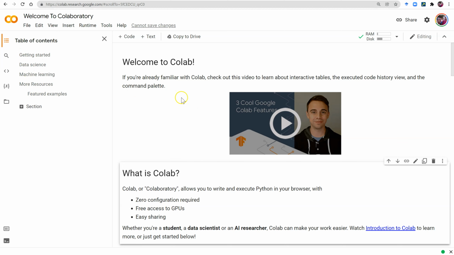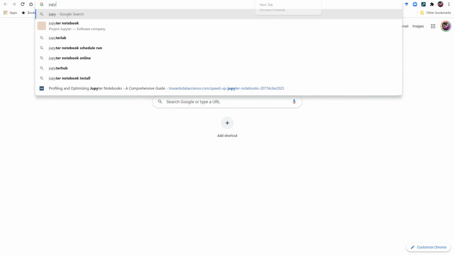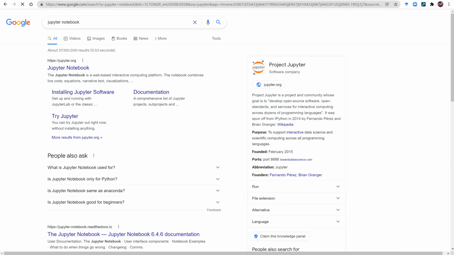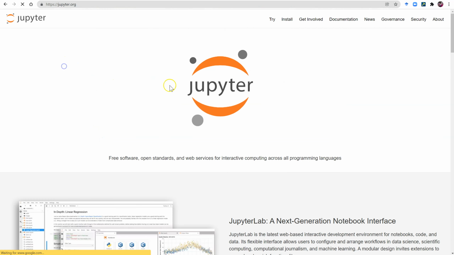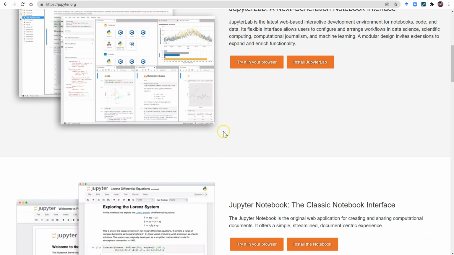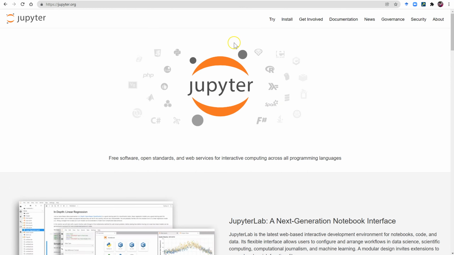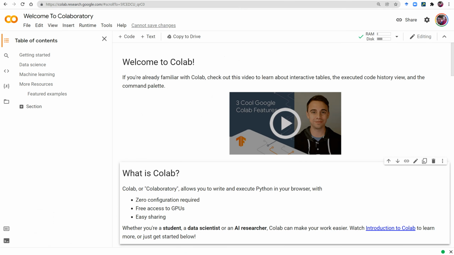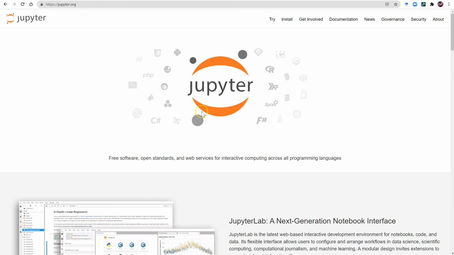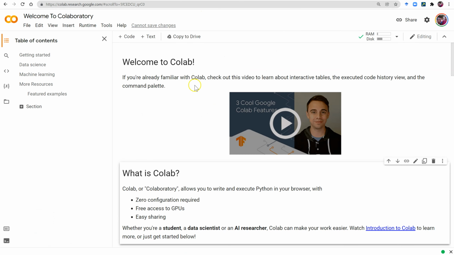By the way, this Jupyter Notebook format was not created by Google Colab. This was started by Jupyter Notebooks. So you can go to jupyter.org and you can download and install their IDE or integrated development environment, which will use your own computer's resources and use the same file format that Colab uses. So Colab is one of many editors now that has used Jupyter's open source notebook format to write Python code,